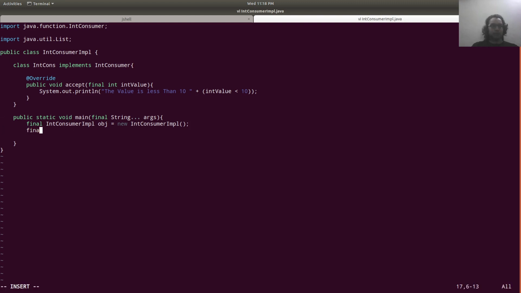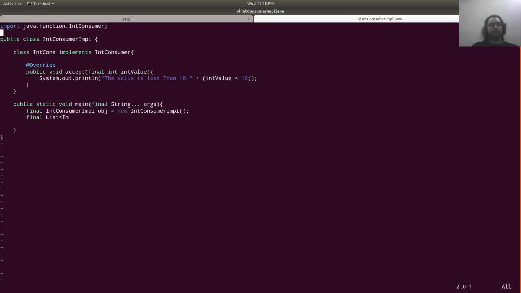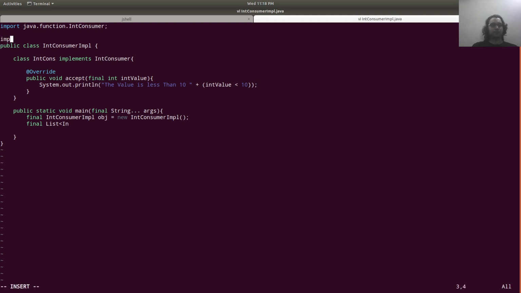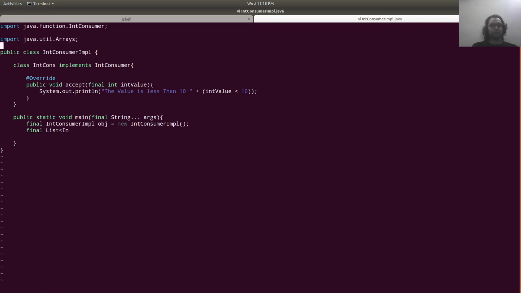Something like it is going to have 4 numbers. Now I will create something like an array, and this is going to be 1, 5, 10 and 12.